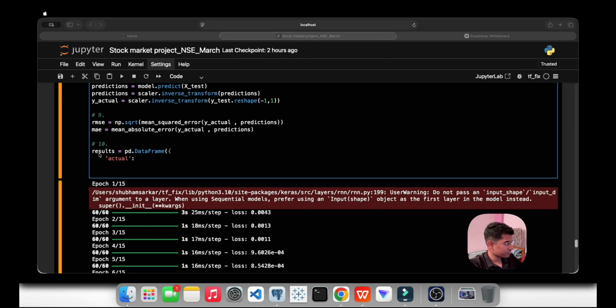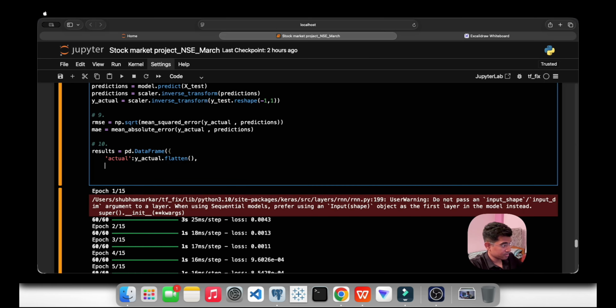So what we will give here, y actual. What we will do, we will do flatten. Okay, we will do flatten, and then we will take predicted.